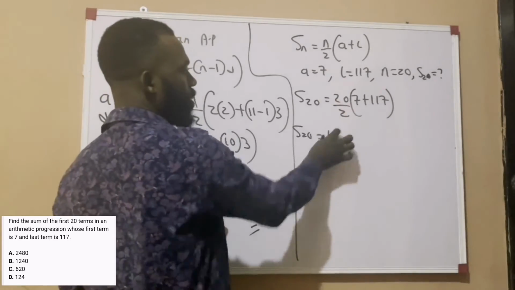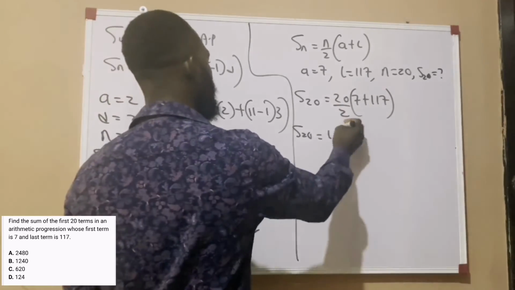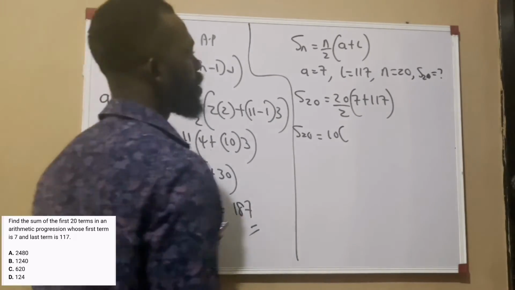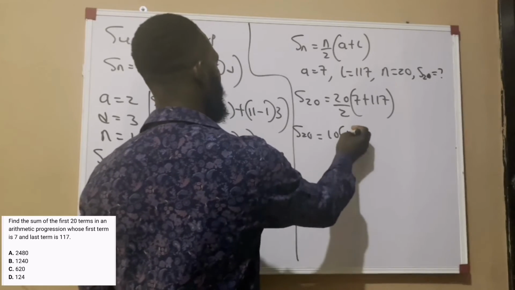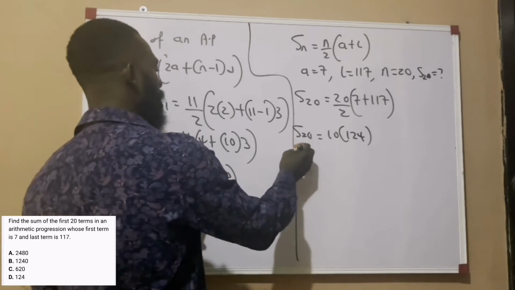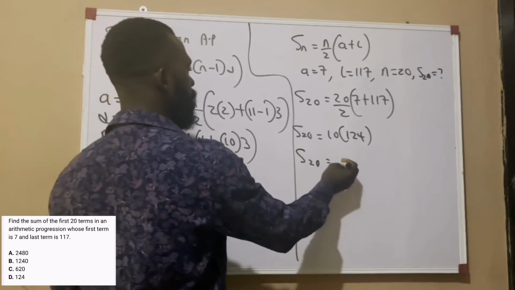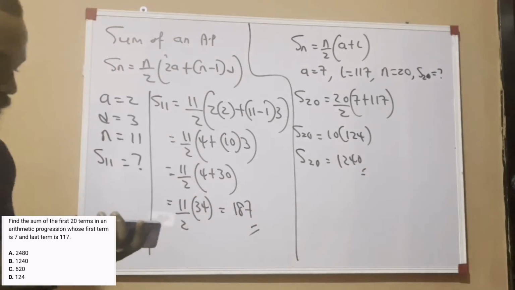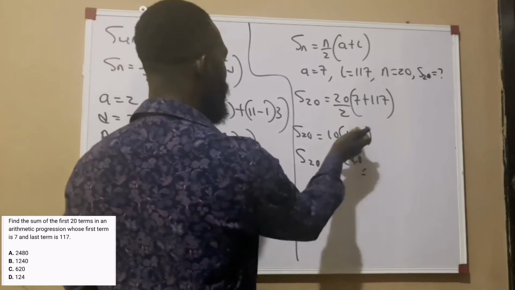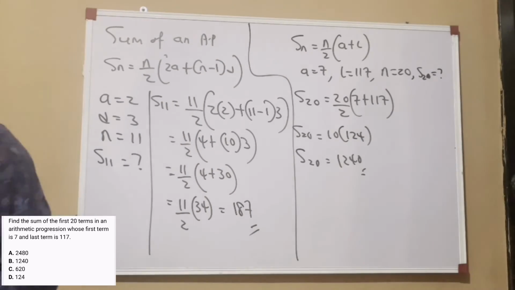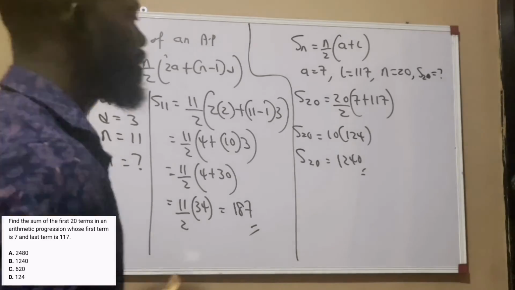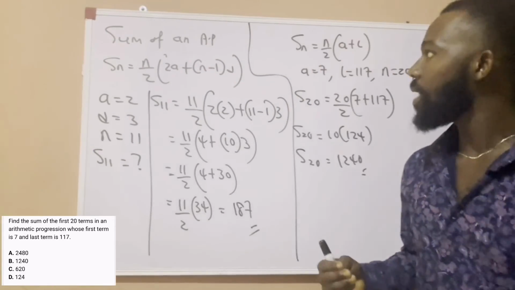Okay, now here S20 is equal to 10. Now how did I get 10? 20 divided by 2 gives us 10 into the bracket of 7 plus 117, which will give us 124. Okay, so therefore our sum of the first 20 terms becomes 1,240. And how did I get 1,240? 124 multiplied by 10 gives us 1,240. So class, I believe with these two examples you can apply sum of an AP and also the sum of an AP